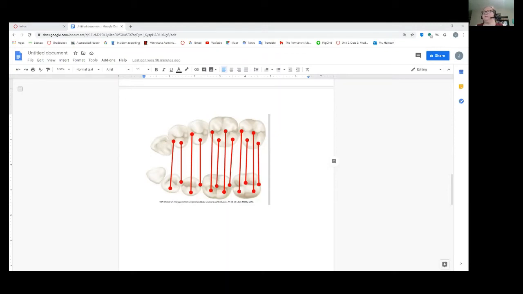Let's see here. We have 1 hour. I feel like you guys have a pretty good grasp on this. Watch the video if you have any further questions. We talked about overbite, underbite, and parafunctional habits. So overjet, overbite, crossbite, and open bite are all types of malocclusion. Mal meaning bad occlusion.